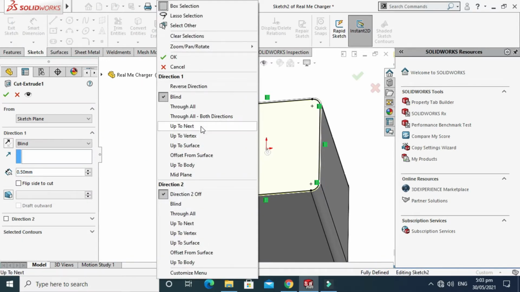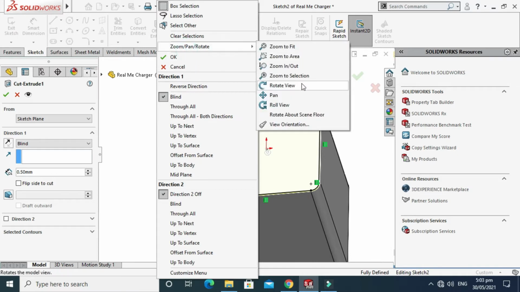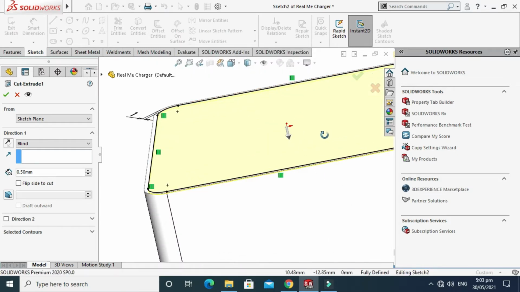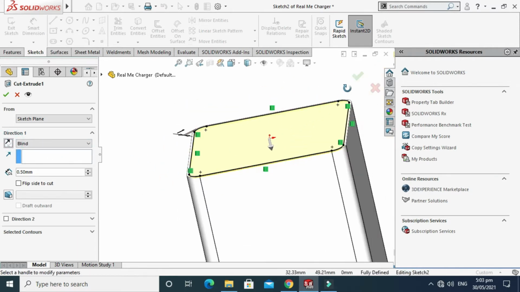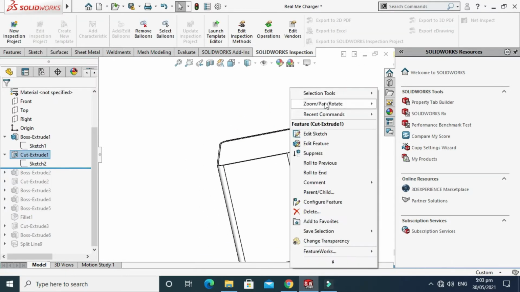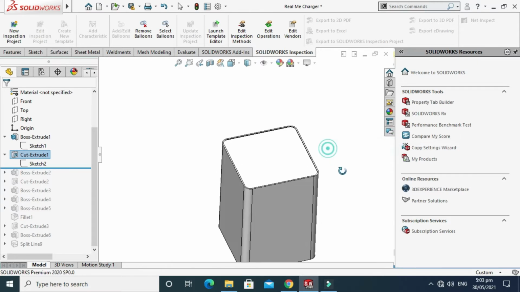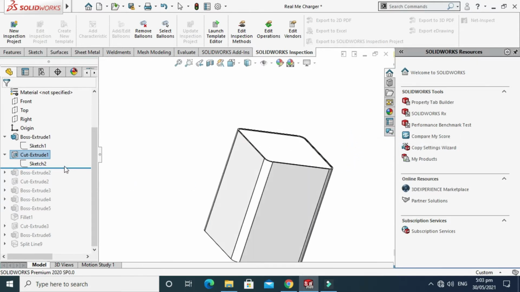As you can see this arrow, just go to rotate, and you can see that this is the downward direction. I can use it in the upward direction, but here we are using it in the downward direction. Just select OK. So these are the first two commands, that is boss extrude and cut extrude.